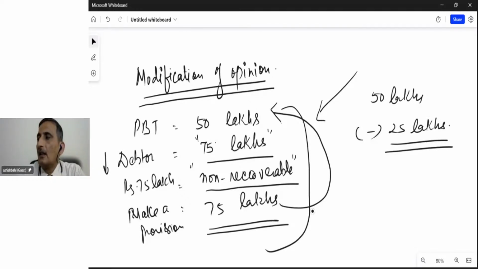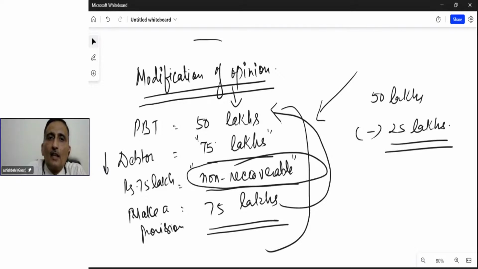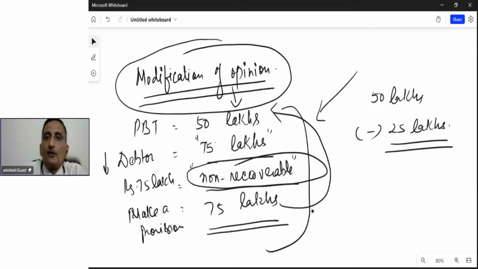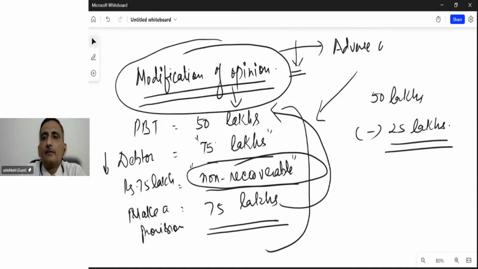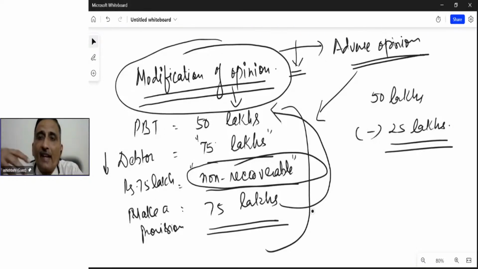Clear? So, but since the management has not made the adjustment pertaining to it, therefore, opinion needs to be modified. So the profit is turning into loss. So in this case, adverse opinion will be given, because it is changing the whole financial position of the company. Okay,